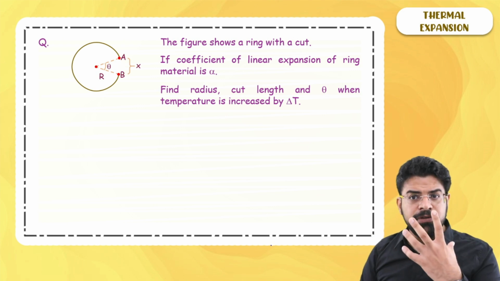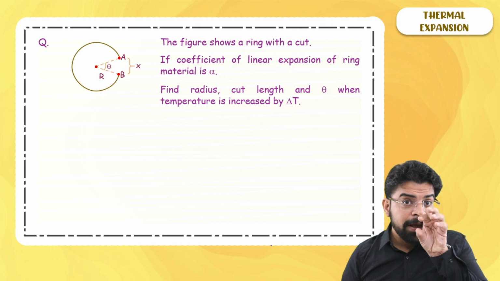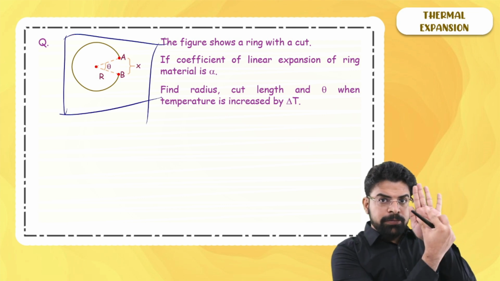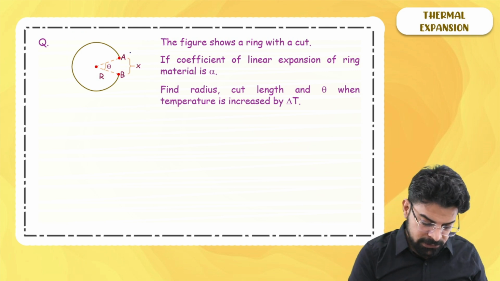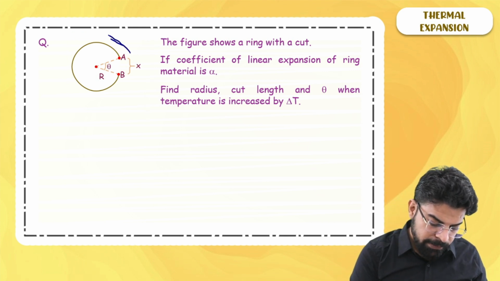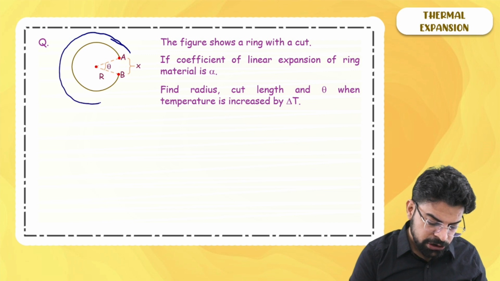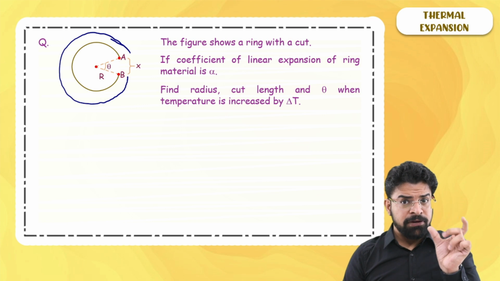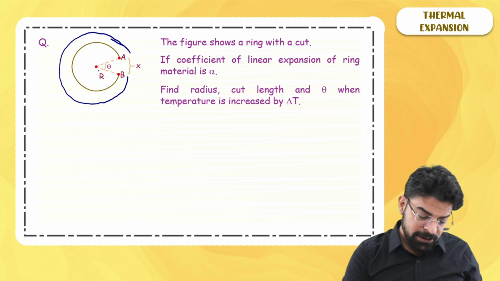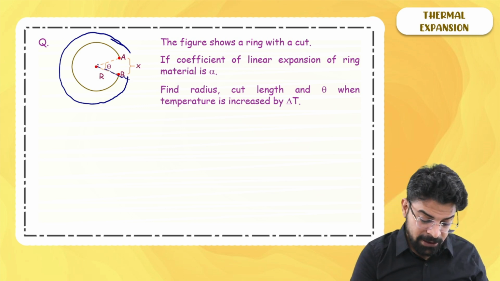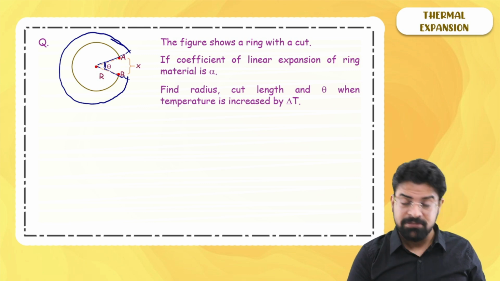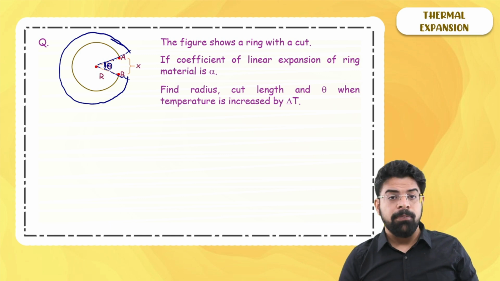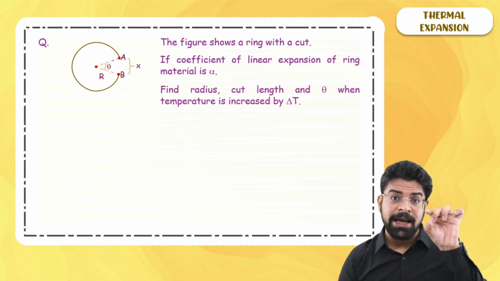So we will again visualize it as zooming in a picture. If you have this picture on your mobile phone and you zoom it in, then what will happen? So this whole thing will become bigger without changing the geometry. Now x will increase, yes. Radius will increase, yes. What will happen to theta? So theta will remain the same because the geometry doesn't change, the angles don't change. So theta will remain the same while both radius as well as x will increase.